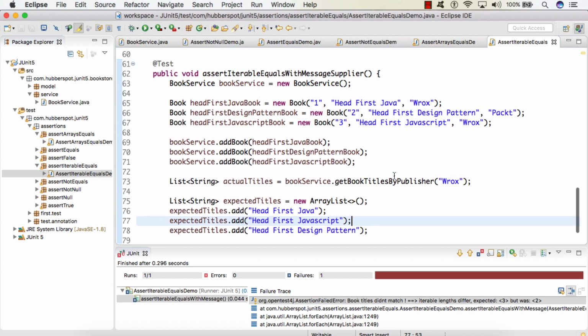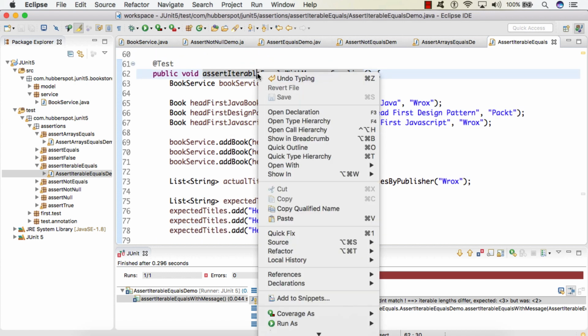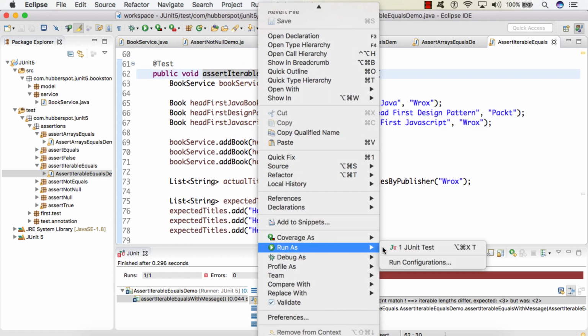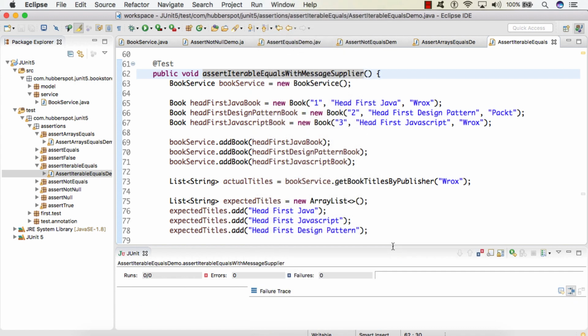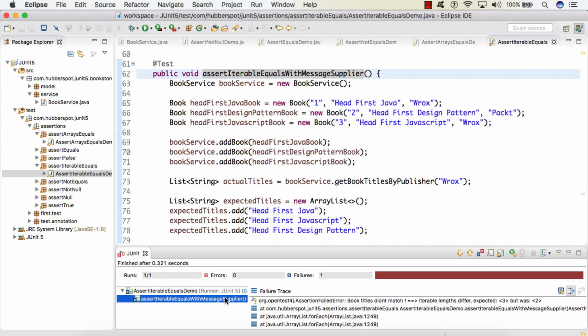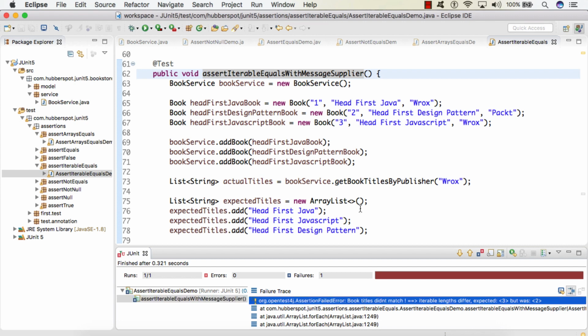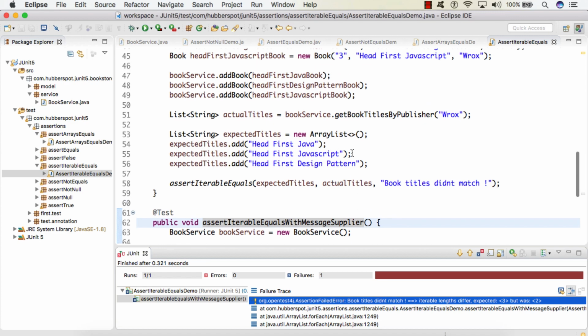So if I run the test case now, you can see the test case failed with an assertion failed error, and the error was the same as what we saw in the second overloaded method.